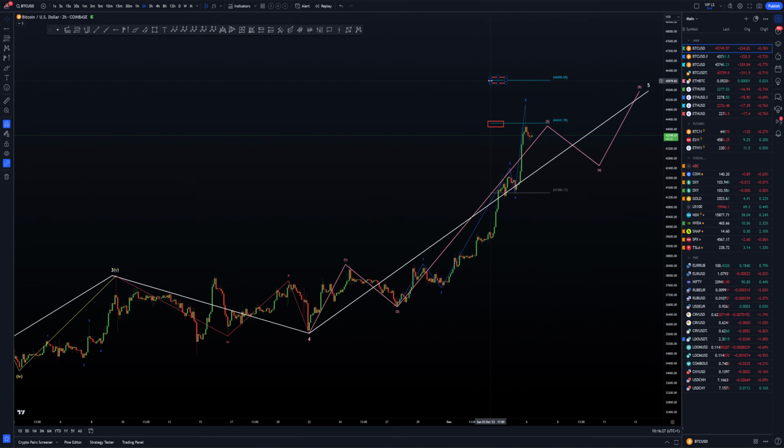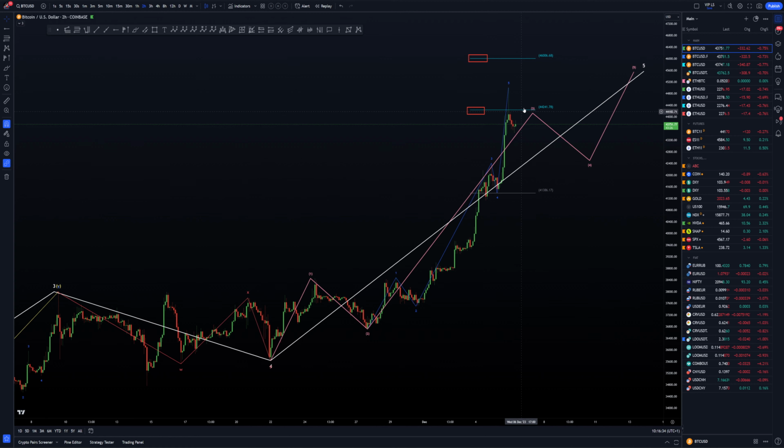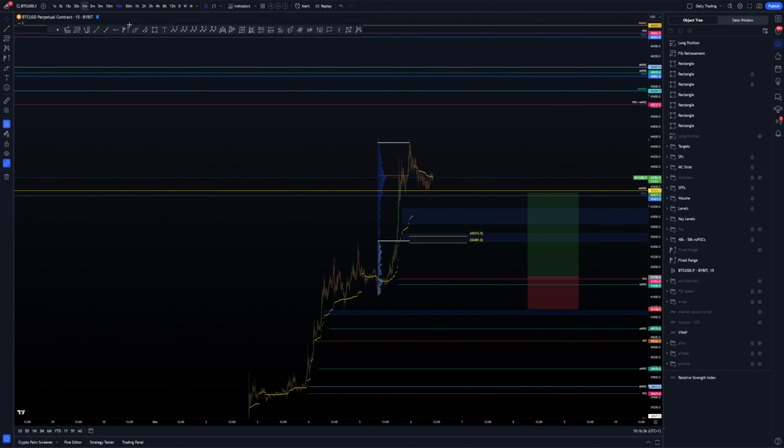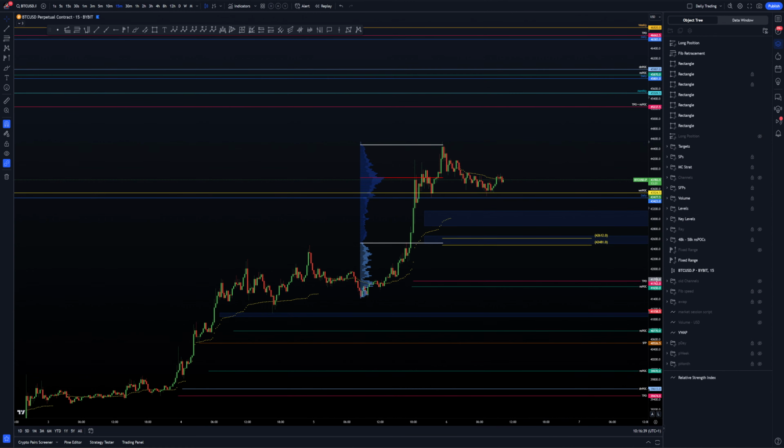Yeah, so these are the two wave 5 targets we have to look at right now. Okay, so first one, we have to look for a short around there. We can look for a possible short trade around there. Okay, just read the order flow really. If we have to short there, by the way,